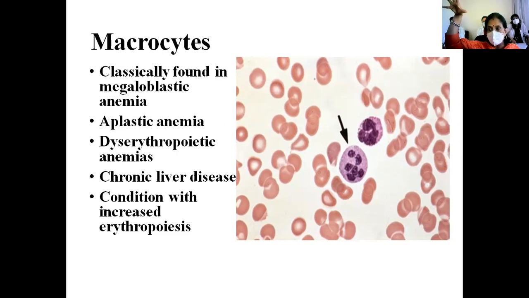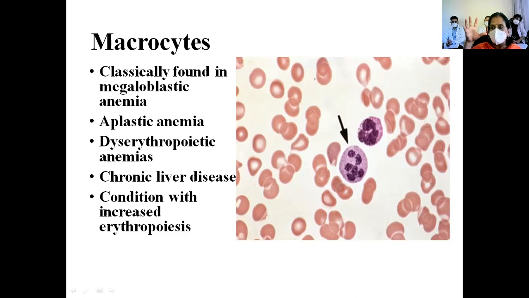That means the parents are also very large, right? The parent of a normocyte is a normoblast. The parent of a macrocyte is a megaloblast. So they're also large. Yes, so they're found in megaloblastic anemia. Important causes for megaloblastic anemia, please do not forget: vitamin B12 deficiency and folic acid deficiency. There are other causes, but we're talking about the nutritional deficiencies here. So that is megaloblastic anemia.